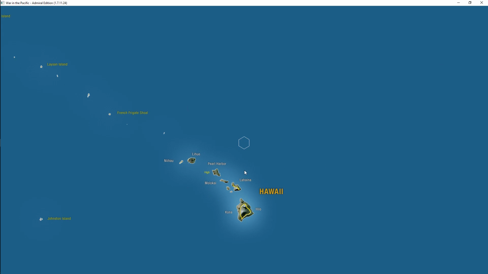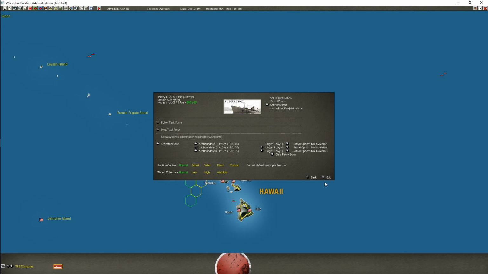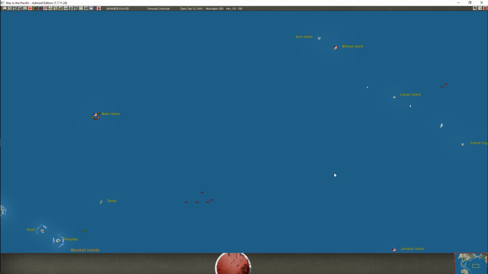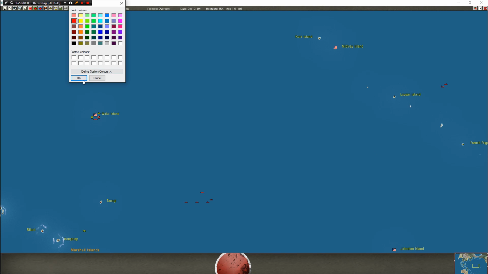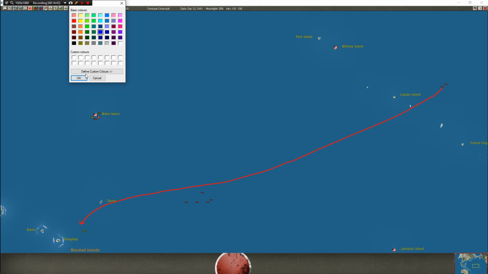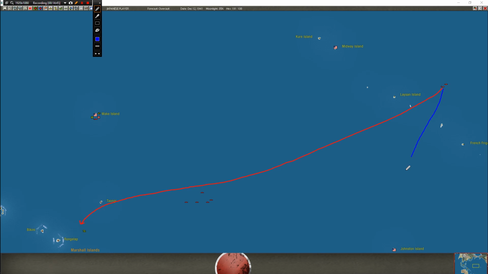Just basically this vicinity. There we go. Now, Kido Butai. The thing is, I could go for the risky direct option. Basically, I'll use red here. So I could go straight towards the enemy over here. However, I think the safer option, and therefore the better option, is instead to head south